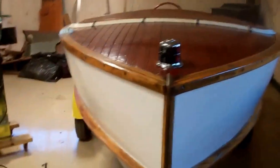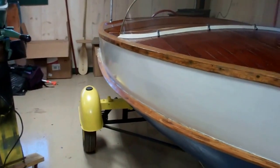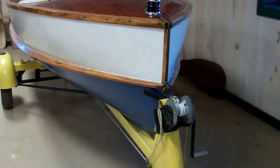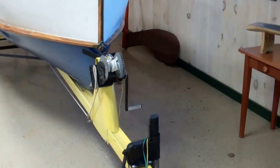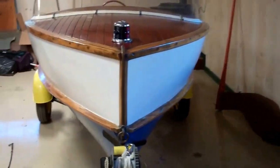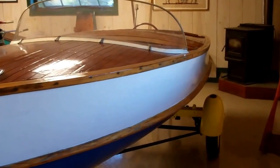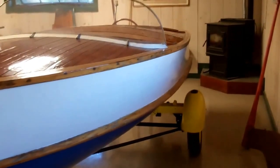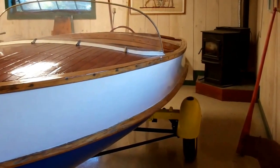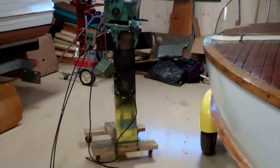Oh, and by the way, she sits on her original Tee Nee trailer. The trailer has sort of been restored. What I'll say for it is that it does have new wheels, new bearings, new tires, and all of that, but it's not painted or finished to the Snake Mountain Boatworks standards. And if that's not enough,